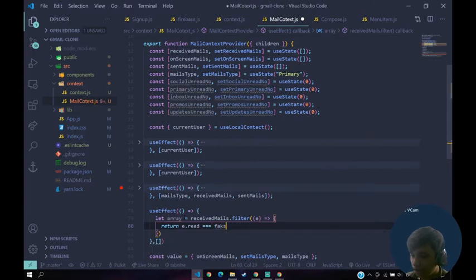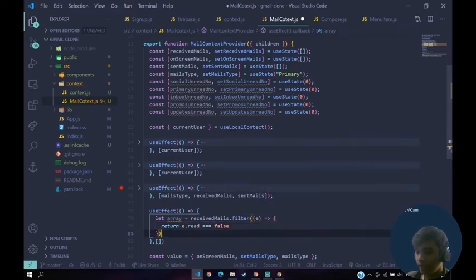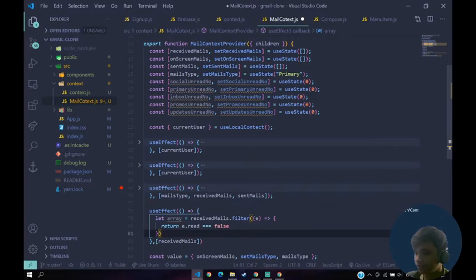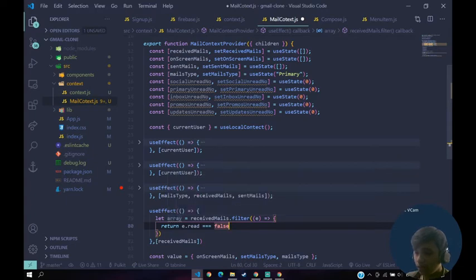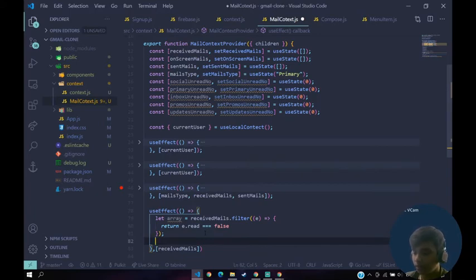It also depends on our received mails, so whenever the received mails change, it will automatically change the value. Now this array will contain all those mails whose read is triple equals to false.